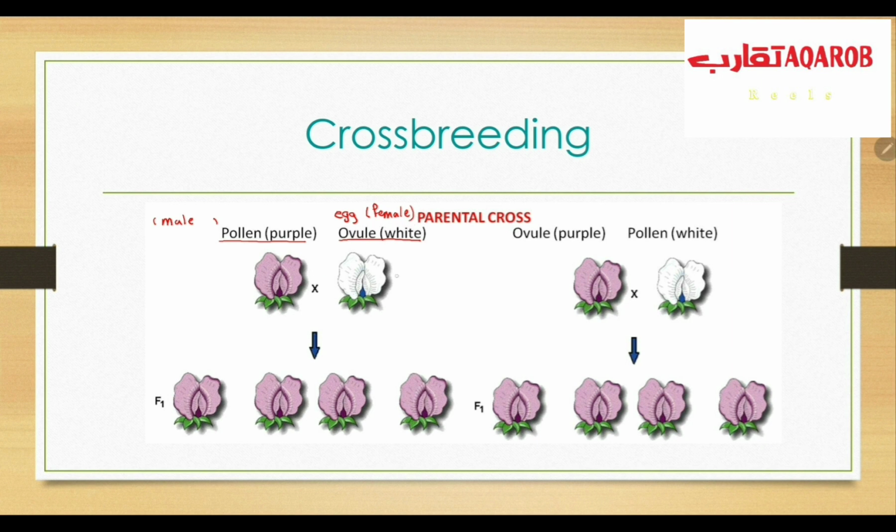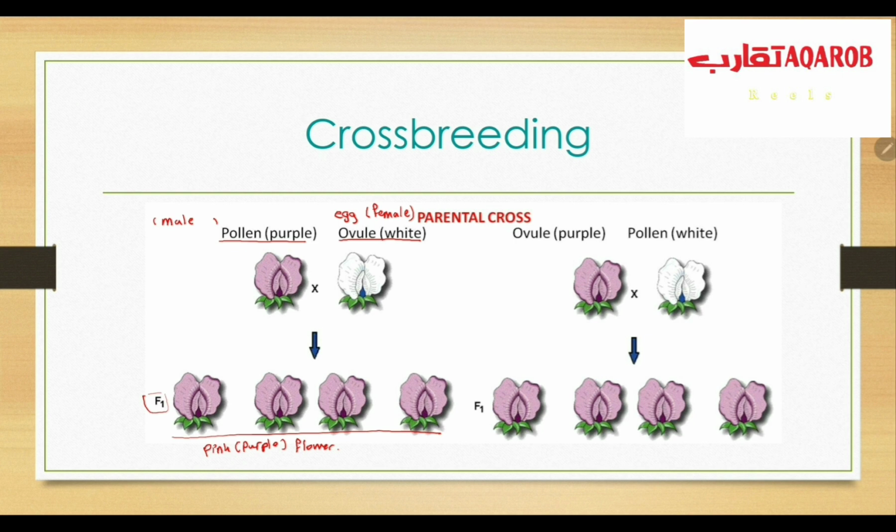When we make a crossing between a white flower and a purple or pink flower, the first generation that is produced is very shocking. All of them will be pink or purple flowers. Okay,